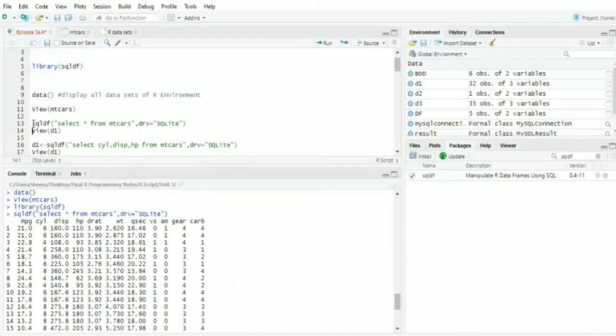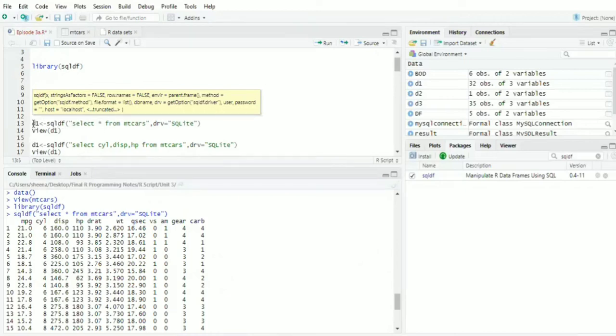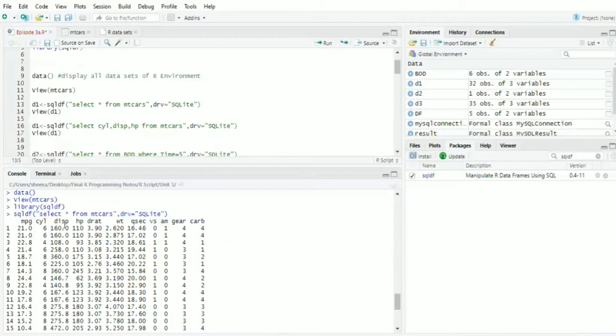Now, if I want to store that, I can store it in a specific data frame. If I don't want to store it, I will display it directly. For example, I don't want to see the entire set of columns like mpg, cyl, disp, and so on. How many columns are there? I don't want to see that many columns here.